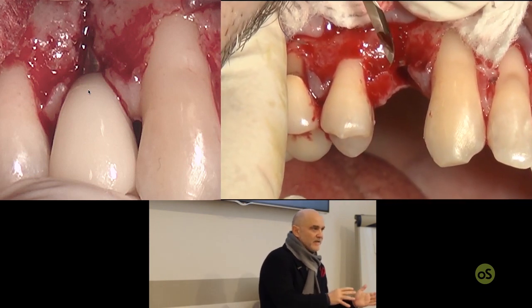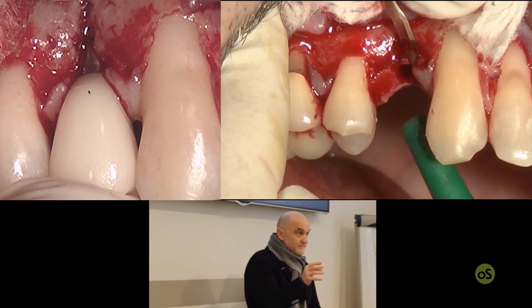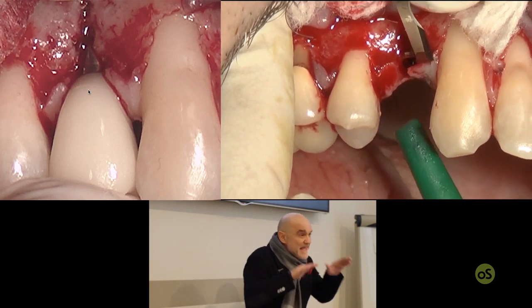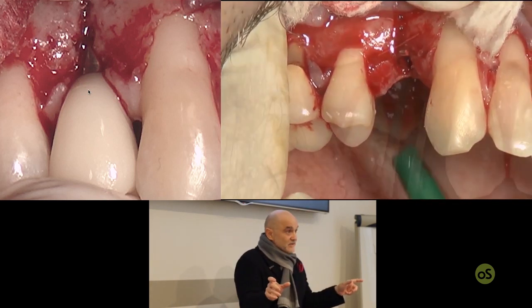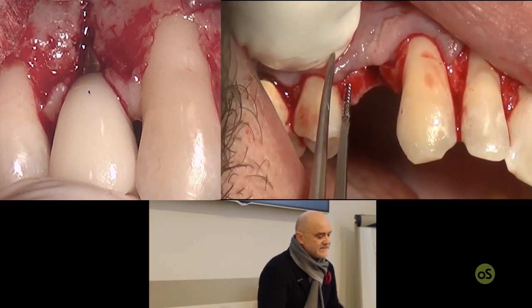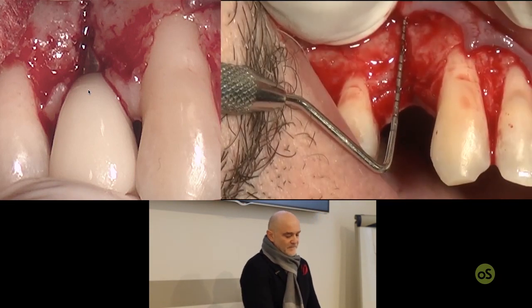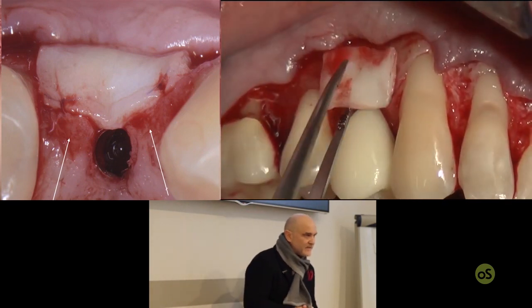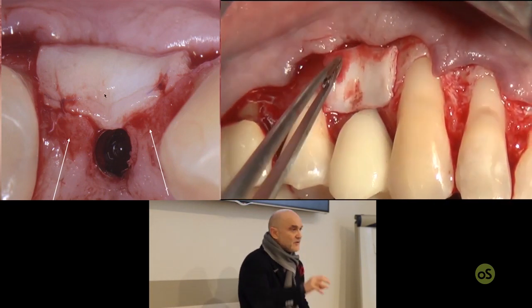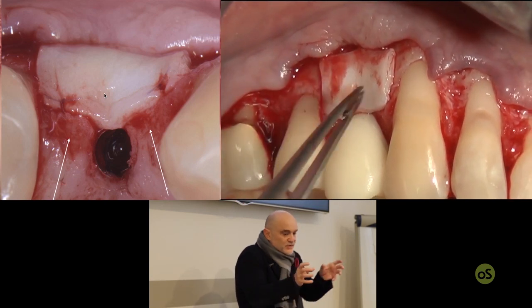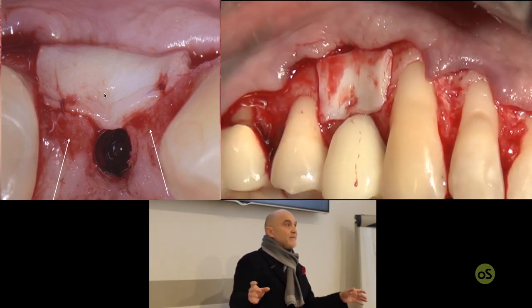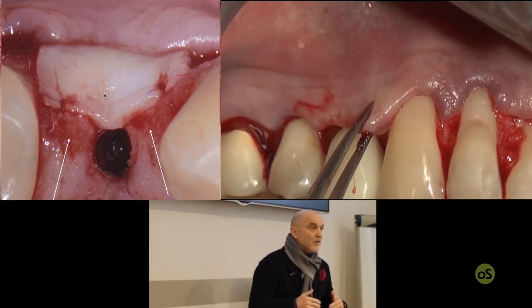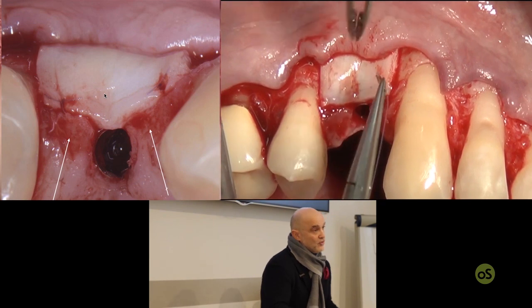But now, during the time it takes for the rebasement of the temporary crown, I can make the desepithelialization of this papilla that, yes, is very flat, but it's very large. And so I can desepithelialize them towards the palatal aspect, and this is the key. I apply my connective tissue graft not only where there is the implant site, but also to include the whole mesial and distal papilla, because by increasing the thickness of this papilla,